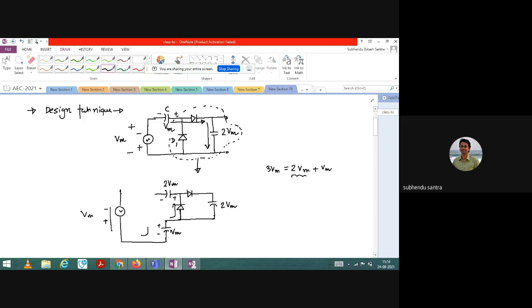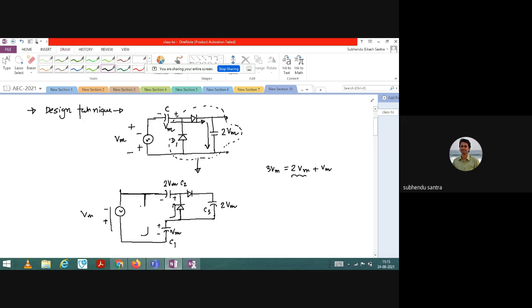So let us just connect it. So this path is okay, but how about this? So the capacitor, let us say this is C1 and let us say this is C2 and this is C3. Now how will this capacitor C1 charge? So for that I need to give a path.